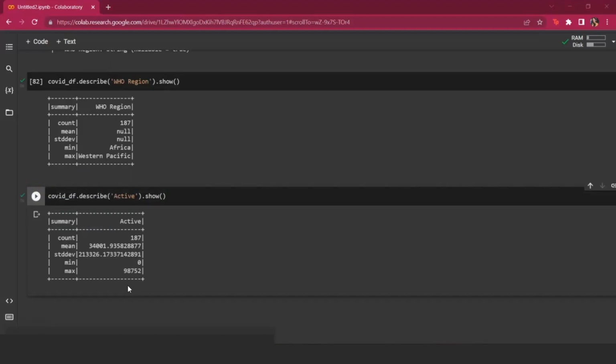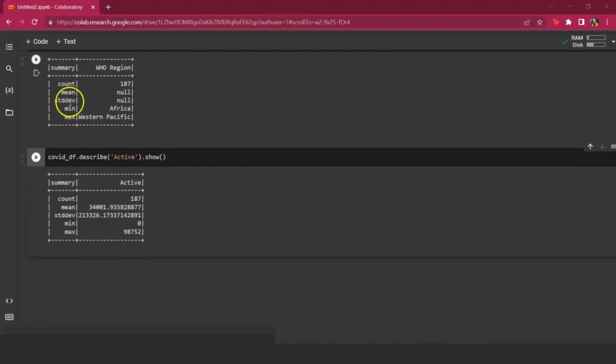Here also the count of total records is 187 and the mean value is approximately 34,000 and the standard deviation is near about 21,326 and the minimum and maximum values are given as 0 and 98,752. So now we can also select a particular column or more than one column to show their details by using